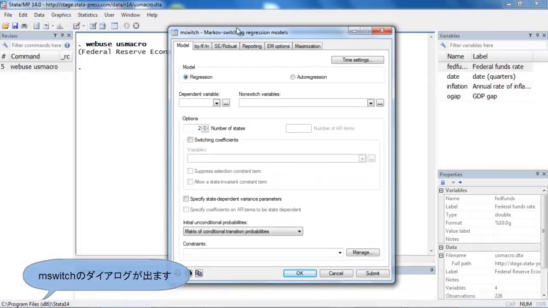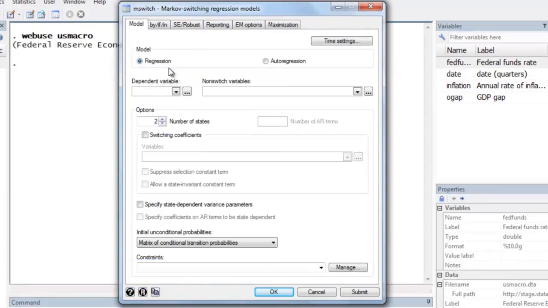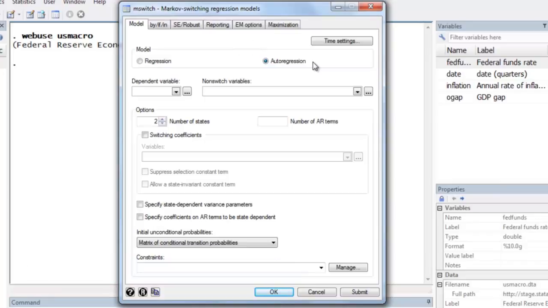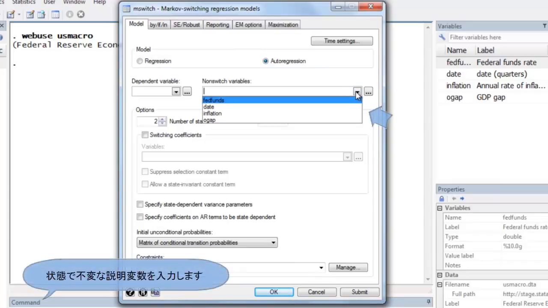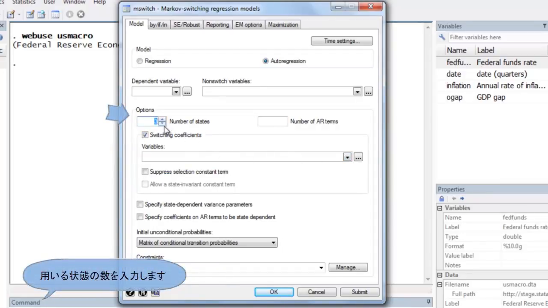probabilities between those states. Dynamic regression models are often used to model high-frequency data and allow for quick adjustment after the process changes state. Autoregressive models are often used for low-frequency data and allow for gradual adjustment after the process changes state. You can select independent variables whose coefficients do not change across states, as well as the independent variables whose coefficients are state-dependent. You can also specify the number of states and the number of AR terms for autoregressive